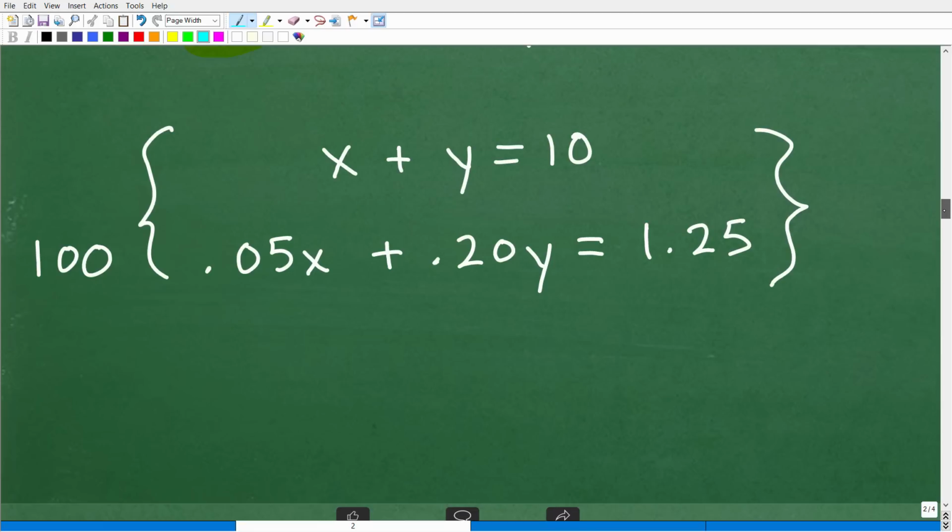Okay, so you don't have to do this, but I'm going to do this. So we're going to take 100 and multiply the second equation by 100 just to make the system look a little bit better. Again, this is not required. It's just a nice step. And again, there are different techniques and methods you can use to solve for x and y. So if you solved this problem but took a different approach, that is fantastic. Okay, so I'm going to go ahead and multiply this second equation by 100, but I'm going to